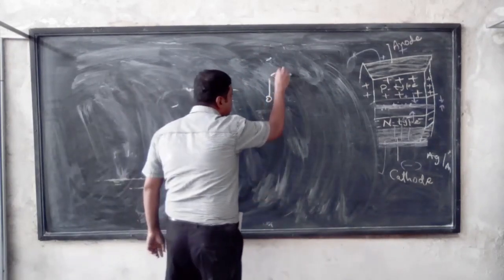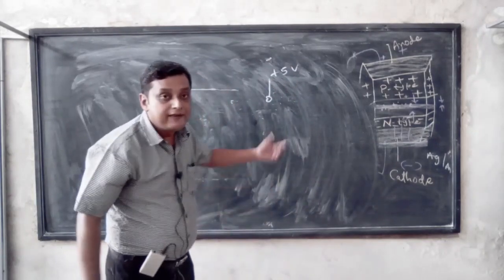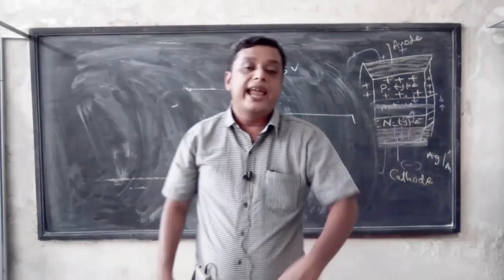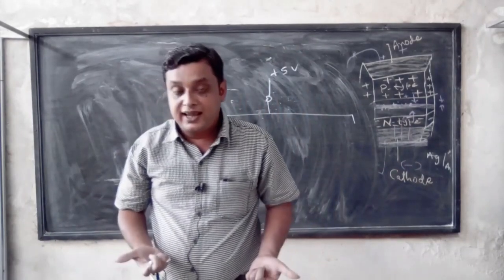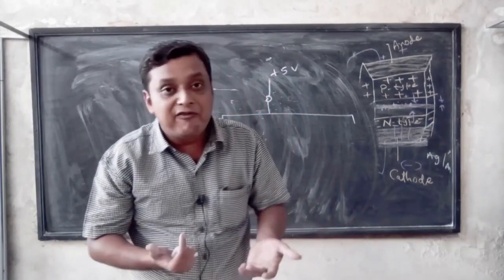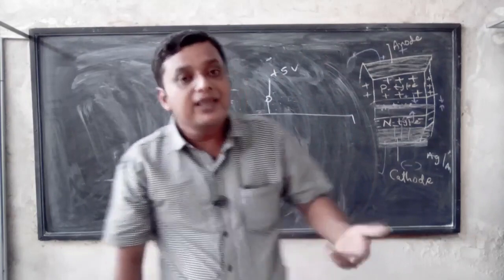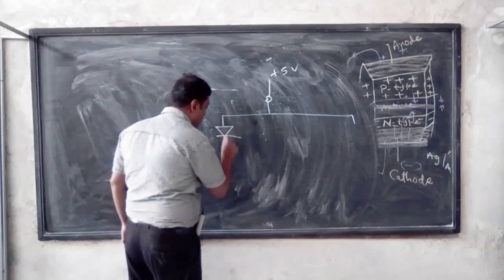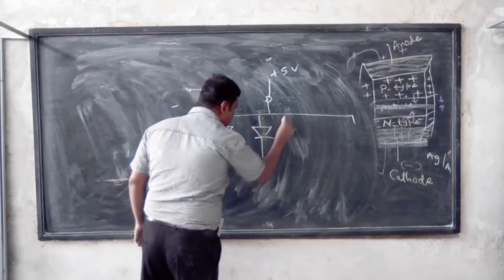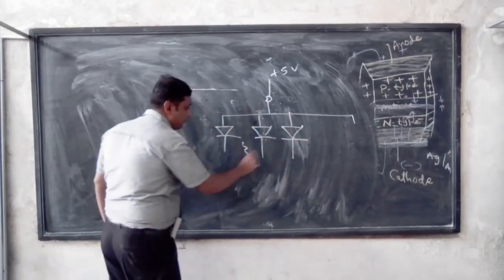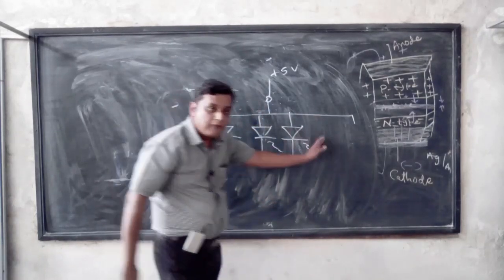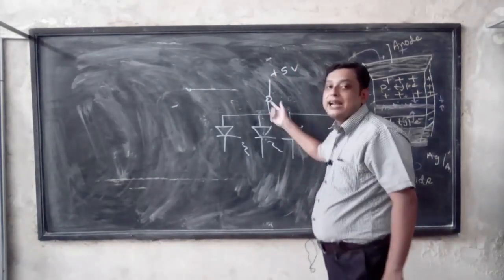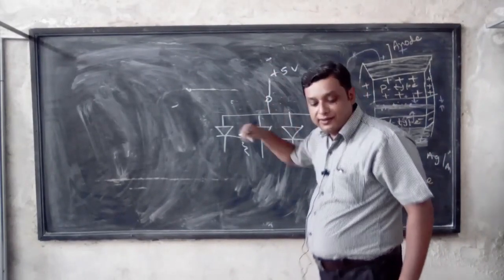Here is a plus high voltage, which is common to 7 LEDs. But which LED I want to glow depends on the arrangement, how I am arranging these LEDs. So LED 1, 2, 3, 4, 5, 6 and 7 LEDs are there, and each and every LED is connected to the positive terminal of the battery. This is the basic circuit.